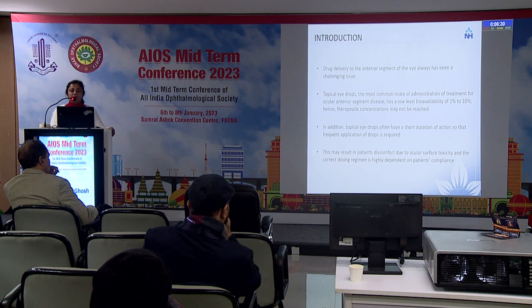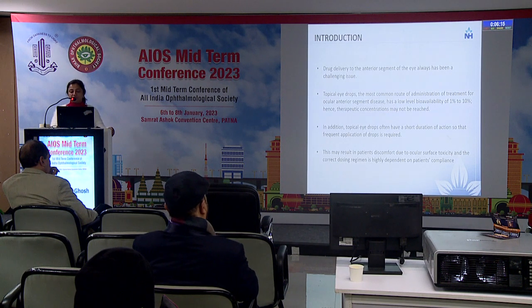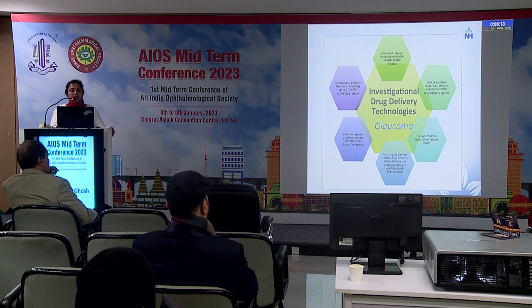In addition, topical eye drops often have a short duration of action, so frequent application of drops is required. This may result in patients' discomfort due to ocular surface toxicity, and the correct dosing regime is highly dependent on the patient's compliance. Now, in this flow chart, we can see the various investigational drug delivery technologies that are